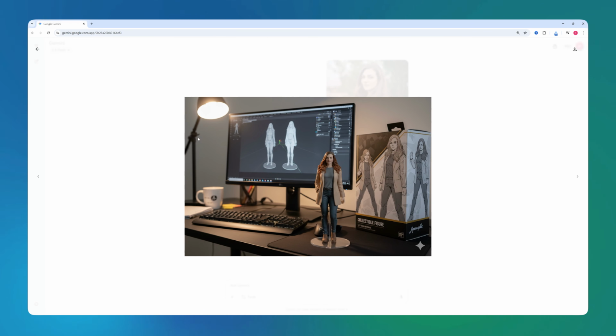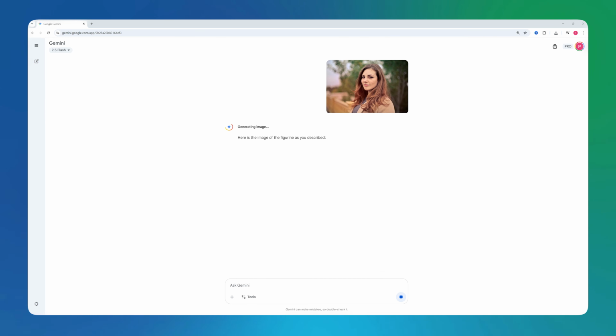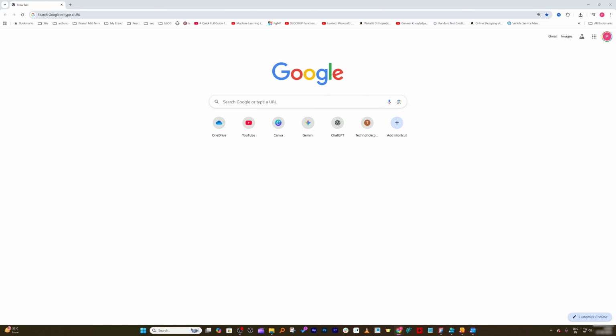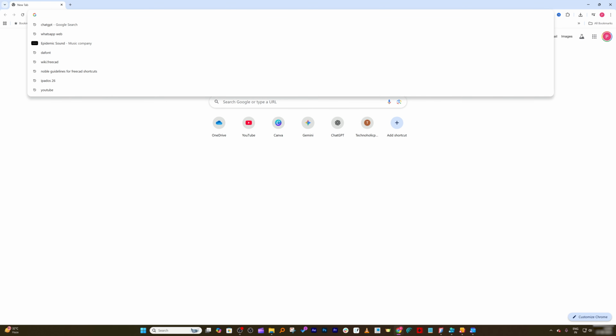If you are also drawn toward this trend and wondering how these viral photos are made, then let me show you in just a few minutes how you can create the same. For that, first of all, you need to open your browser, and then here I'm gonna type